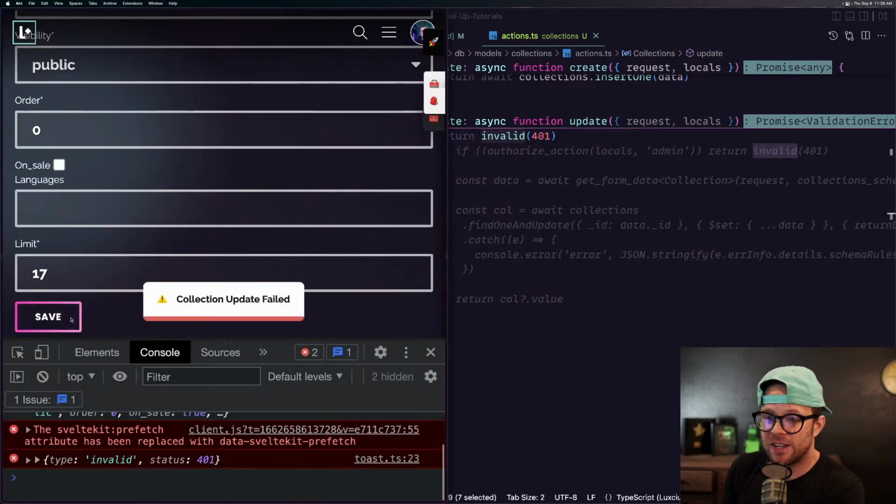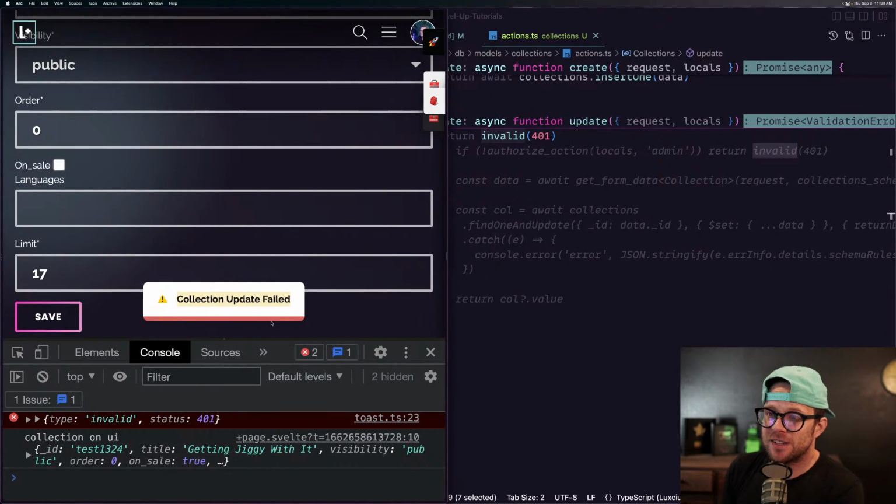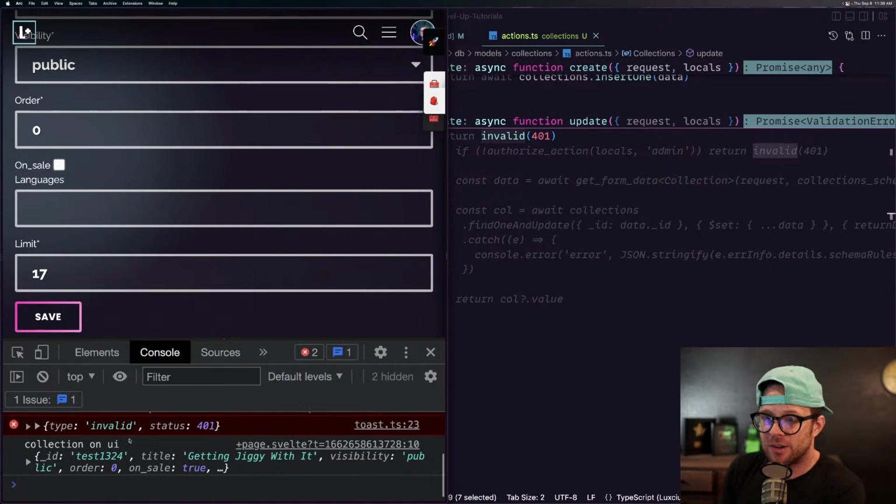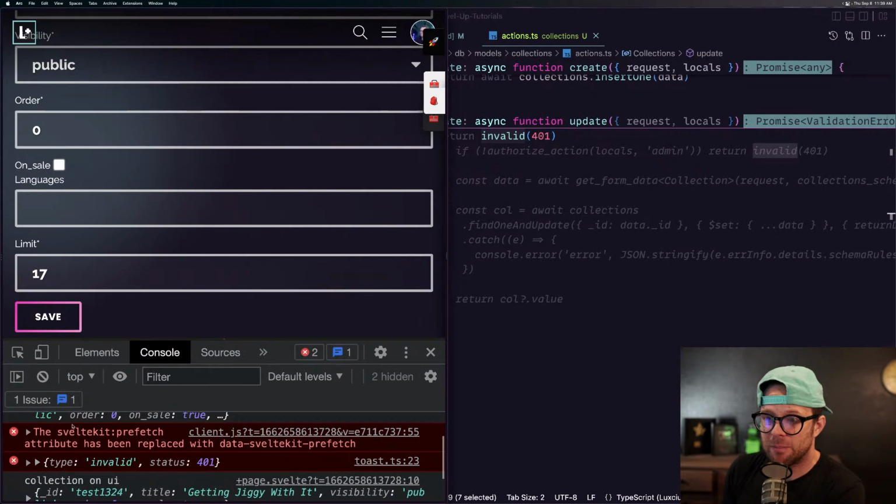So now if I click save here, you're going to see that my toast message says update failed, but that's not the important part. The important part is that the request came back as being invalid. So if we look at our network request,